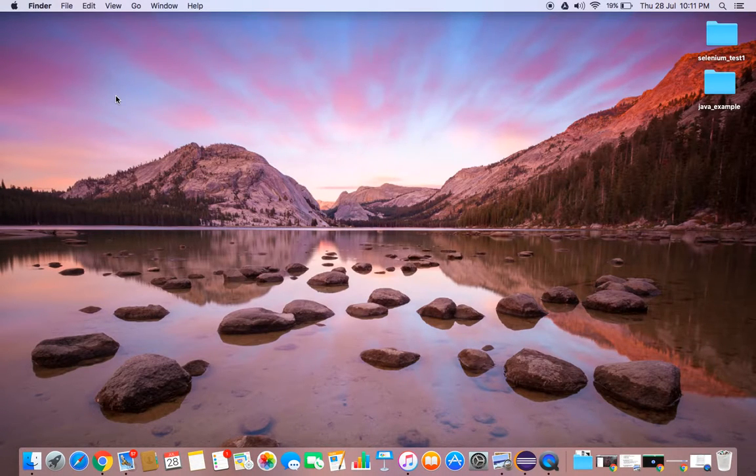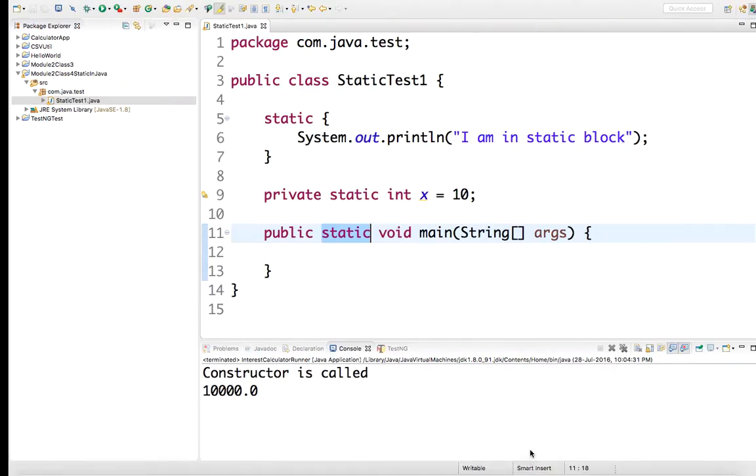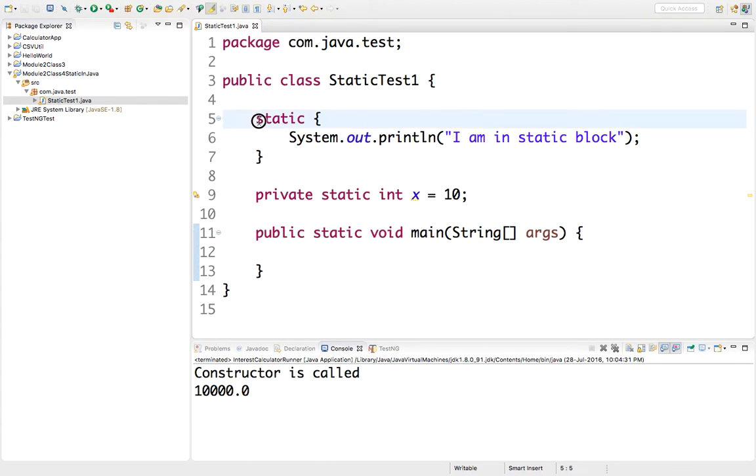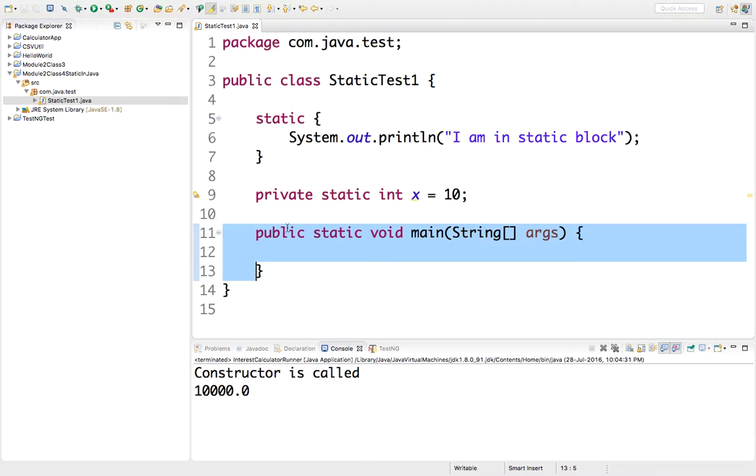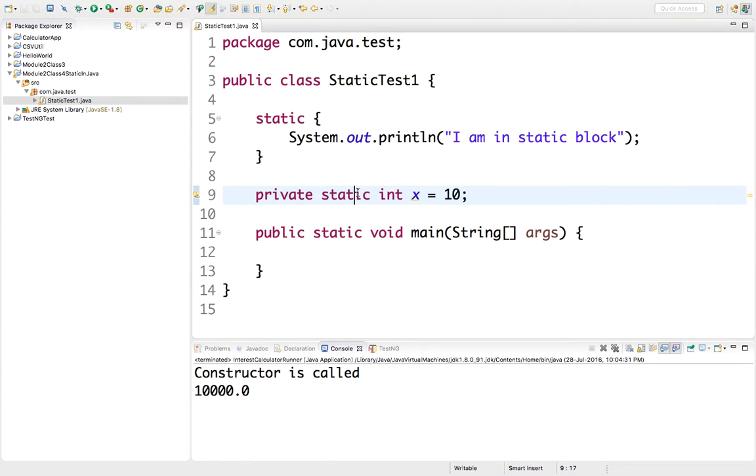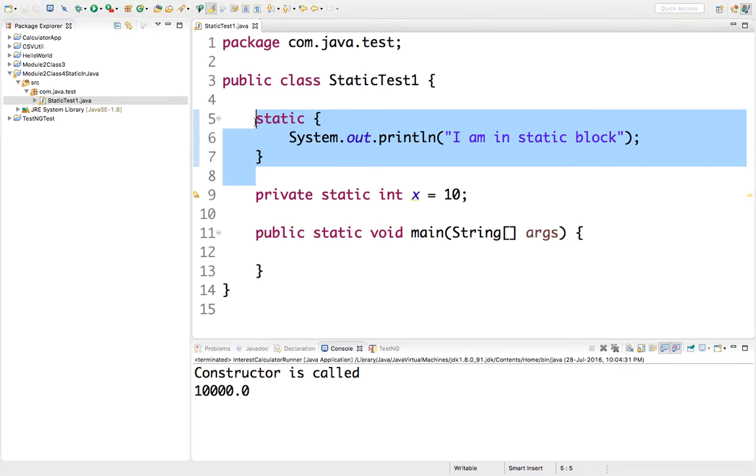So, static classes. The static keyword in Java can be used in three different ways: one is a static block, one is a static reference, and the third one is a static method. Whenever you come across static, you need to think that this line of code or this block of code is going to be just for the class, not for the different objects that you are creating. So let me give you one example.